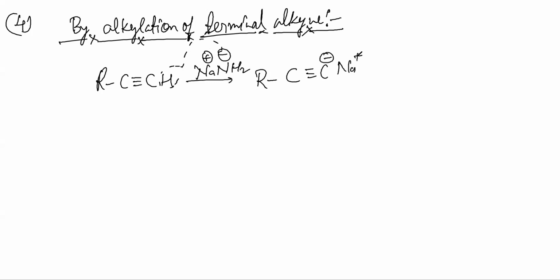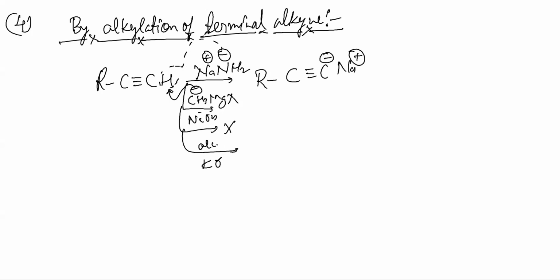See, this job cannot be done by everything. If you treat it with Grignard, then also the carbanion can take this. But if you treat it with NaOH, no reaction. Alcoholic KOH, no reaction. They are not as strong as these two. Now, you can use this also. If you want, you can use Grignard also, no problem.